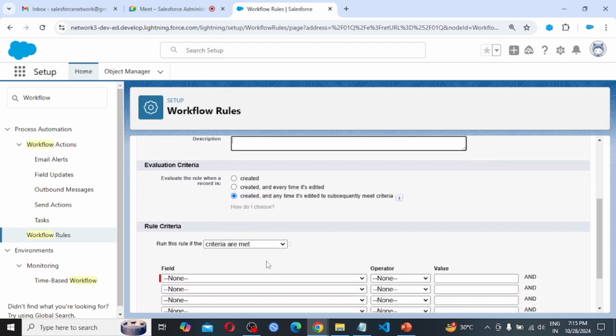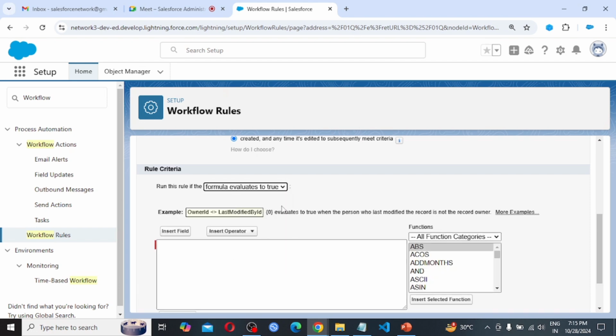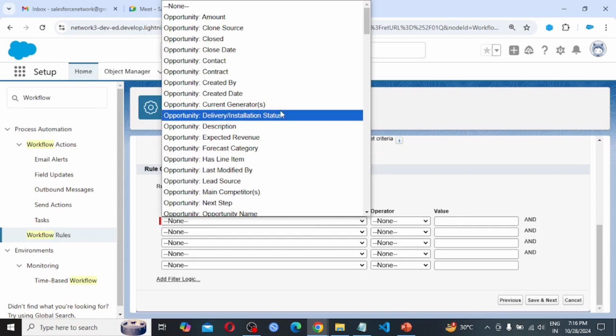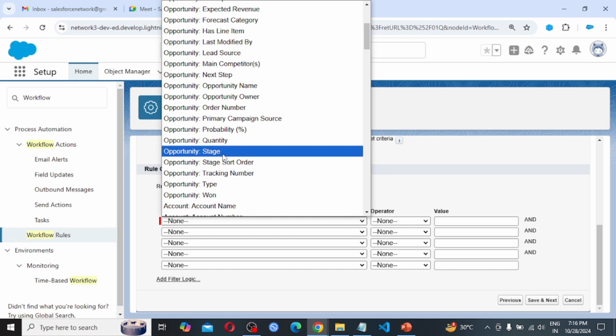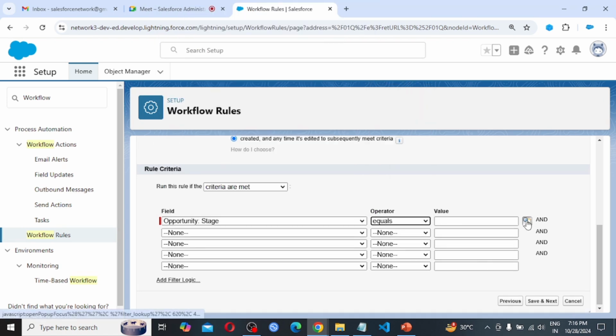And then for the rule criteria, here we are going with criteria are met. Also there is a formula evaluates to true. Also we can go with formula as well. But for now I am going with criteria are met. So what is the criteria? Opportunity stage equals closed won.